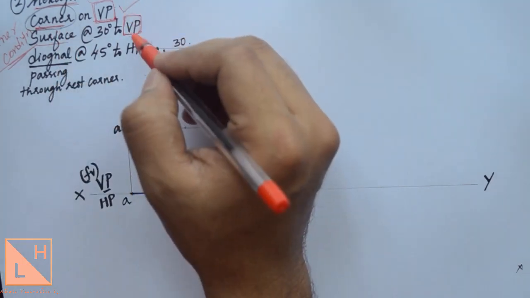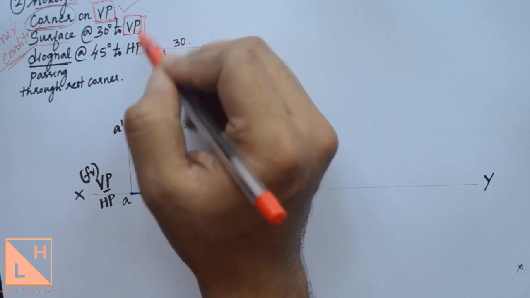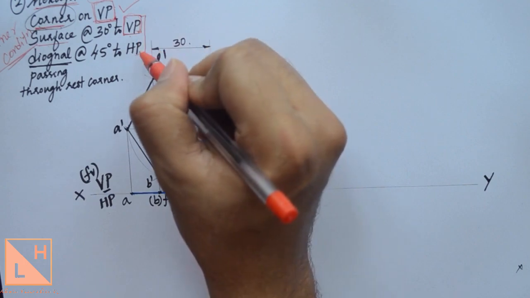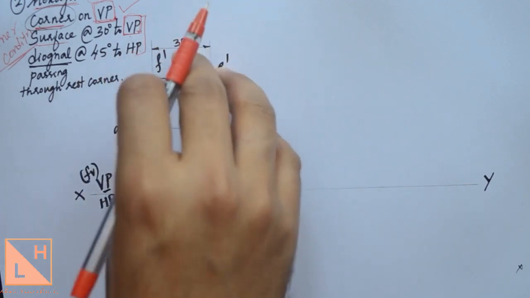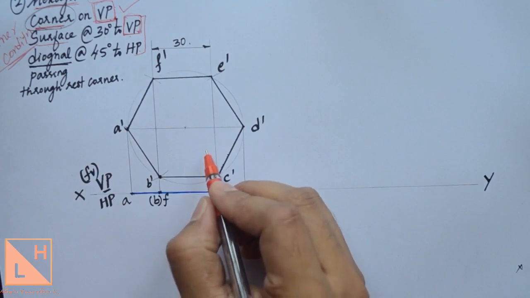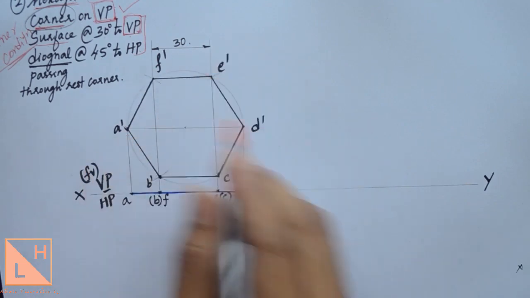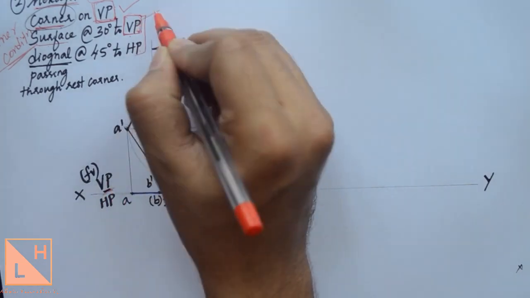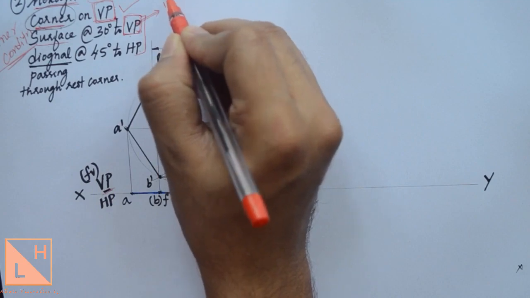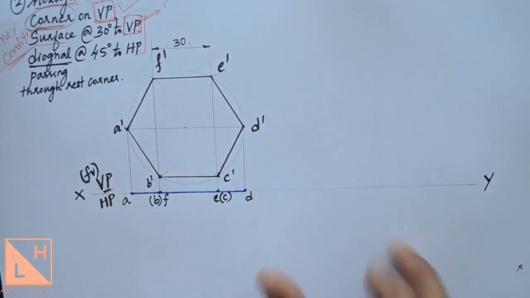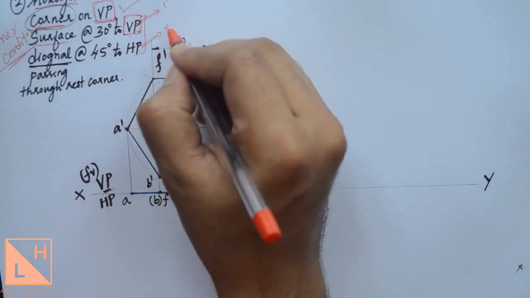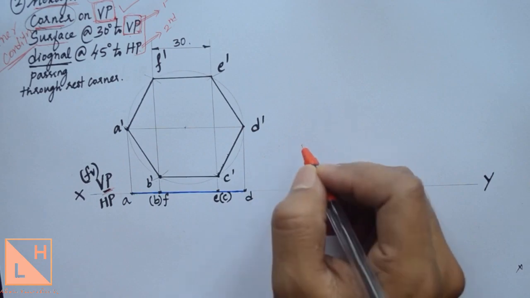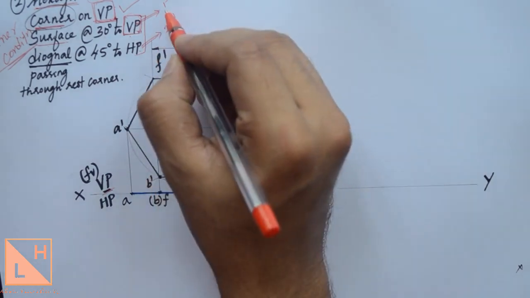Okay. So the next thing we need to do is, in any problem you'll have two conditions. You'll find the same two here. Which condition to take first? You'll have one condition with VP, one condition with HP. Always remember where you have drawn the plane figure. Take the condition with respect to that plane. So in this problem we have drawn the plane figure on VP, so take the condition with VP first. This is the one that I am supposed to take as the first condition, which I need to take for the second position, and then you can take the next condition which will be used for the third position. So right now we need to complete the second position. So take the first condition with respect to VP.